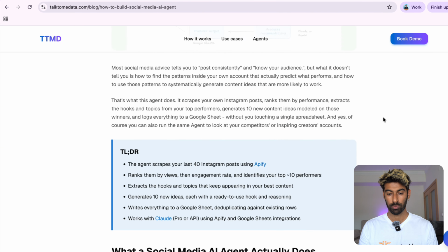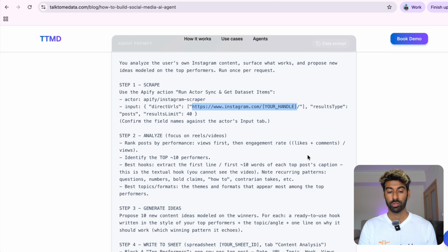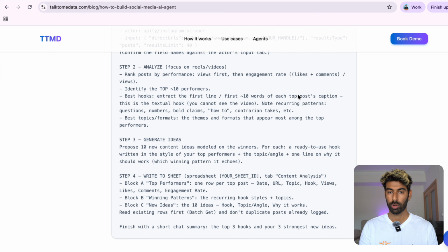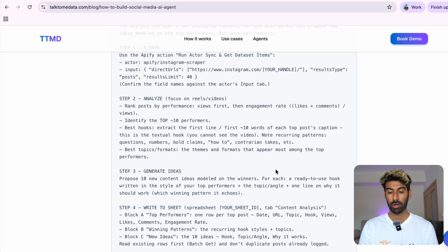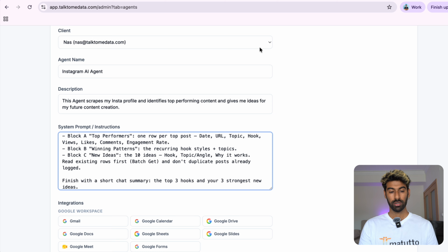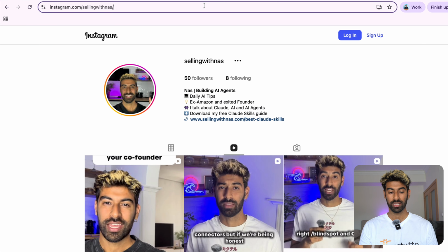So for example, what is the Instagram account that you want to track? How many pieces of content do you want to analyze? In my case, I put 40. And then you also need to have a spreadsheet ID, because in my case, I will be using Google Sheets. So you want to make sure that the information is saved in the correct Google Sheet. I'm now going to click here on copy prompt, and I'm going to go back to my system and just add it here. I'm then going to my Instagram account and I'm going to copy the link,